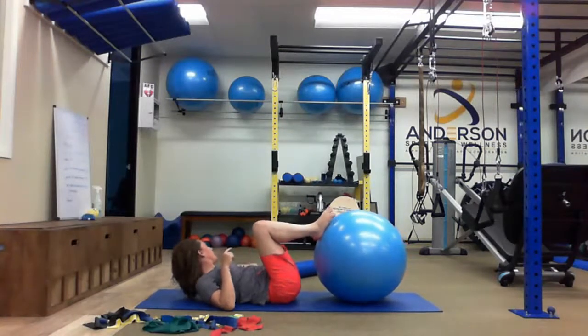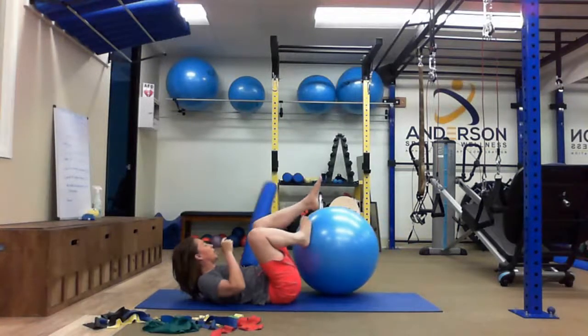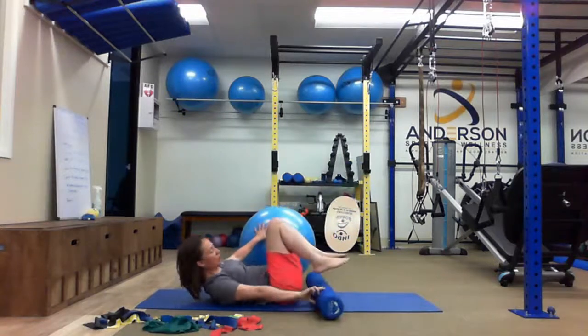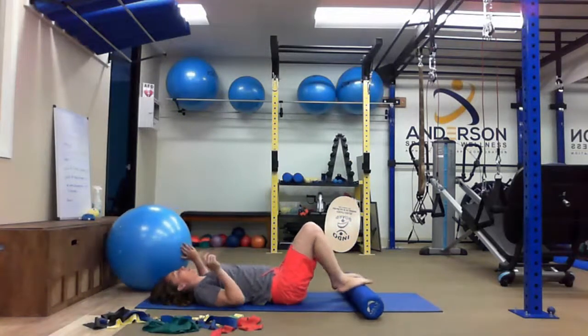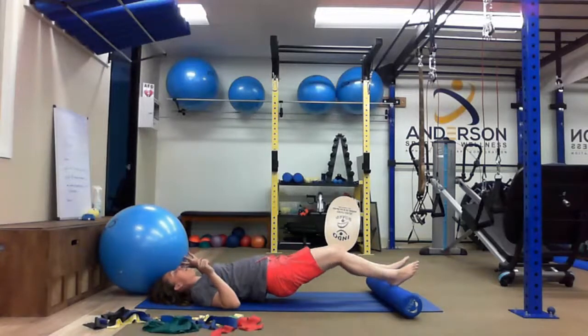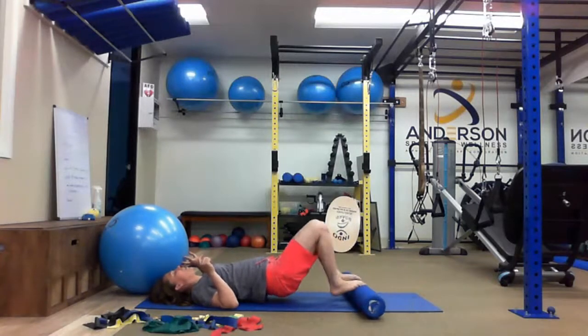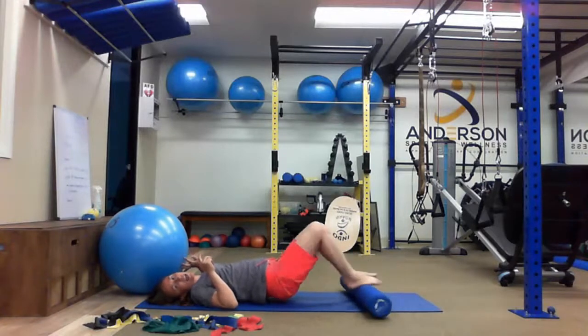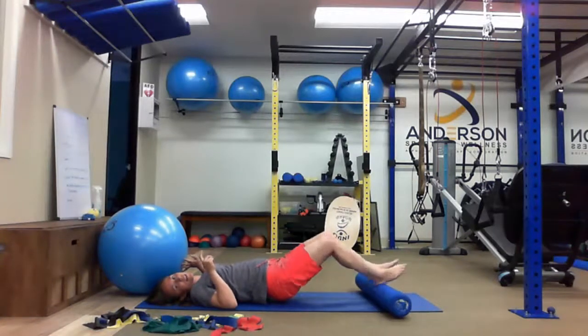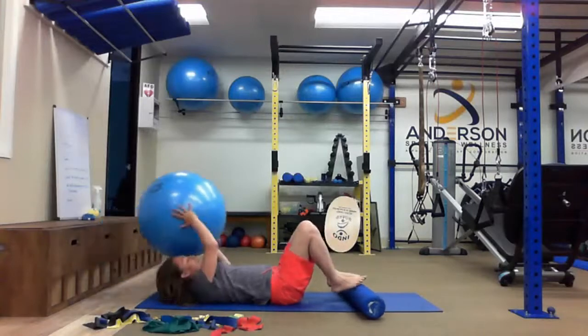Now, if you have your feet on a foam roller, you can totally do hamstring curls, but you're going to do them in a smaller range probably than if you had a stability ball. But you'll see you kind of have to roll over your heel and back like this. Okay? If you have a stability ball,